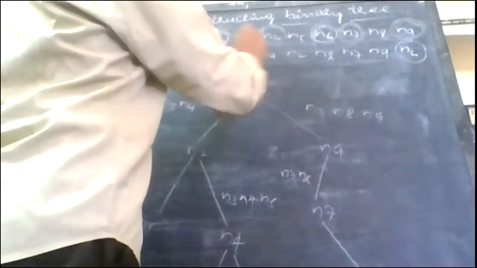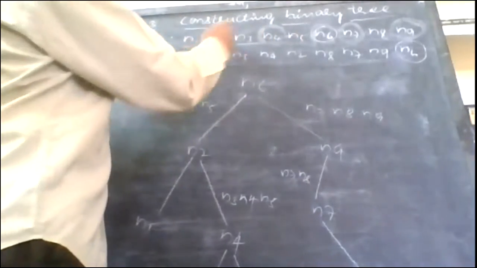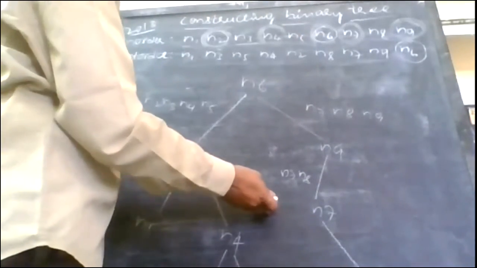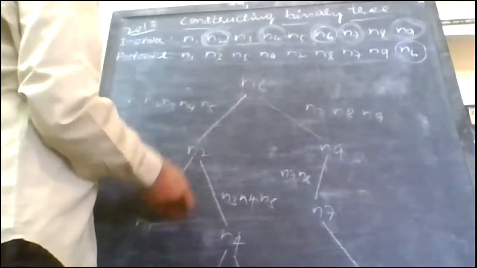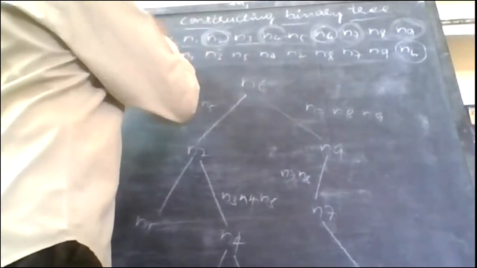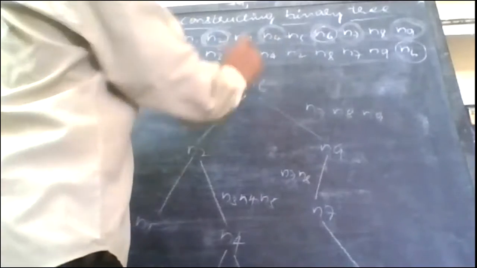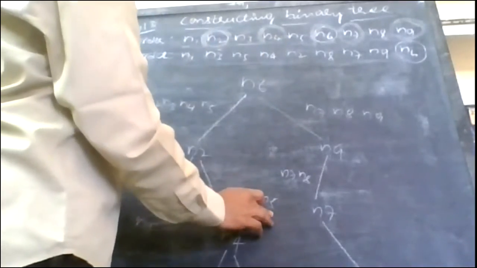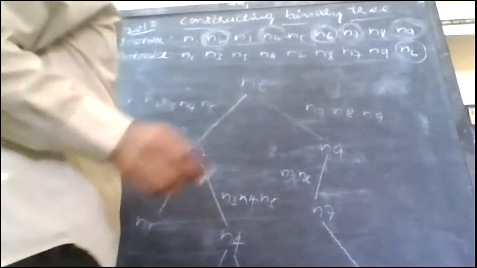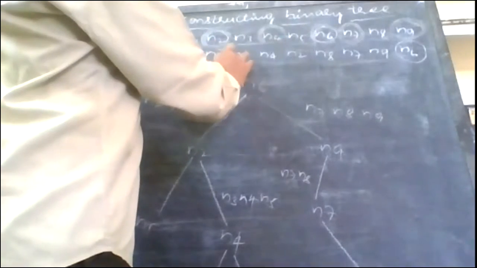I find one element on the left side and three elements on the right side, N3, N4, N5. So that is over. Then next, N1 is finished. N1 is already on the left side. Now we are left with three elements, which are N3, N4, N5. Again I have to come to the post order. So here are the three elements N3, N5, N4.